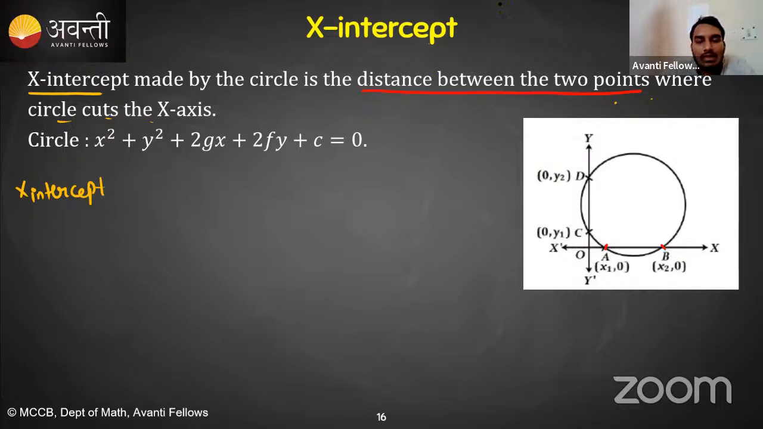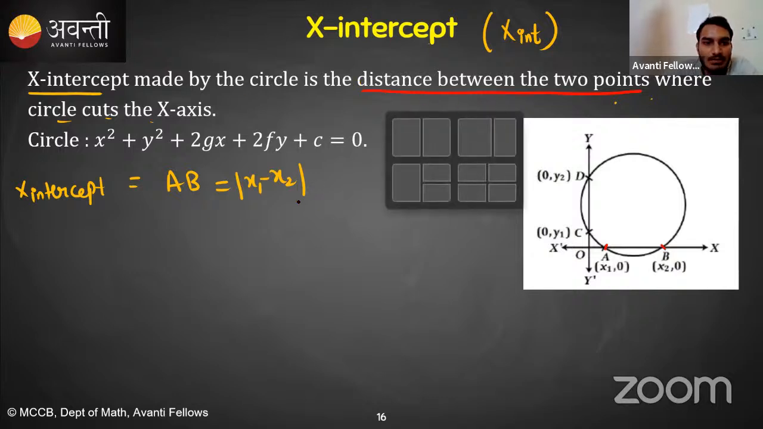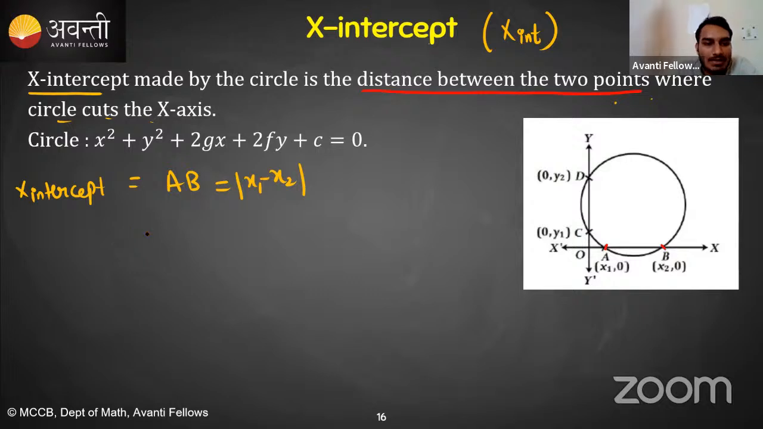Okay, students, in the class I will be using this abbreviation for the x intercept most of the time: x subscript int, where int means intercept. So x intercept is nothing but the AB distance, which is nothing but mod x1 minus x2, right? From the quadratic equation, everybody knows this, that x1 minus x2 is nothing but,